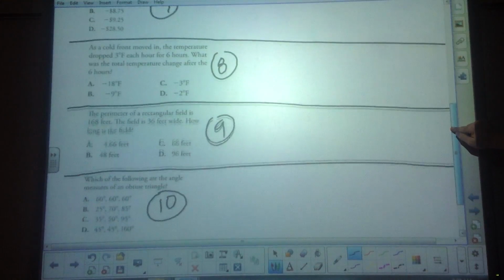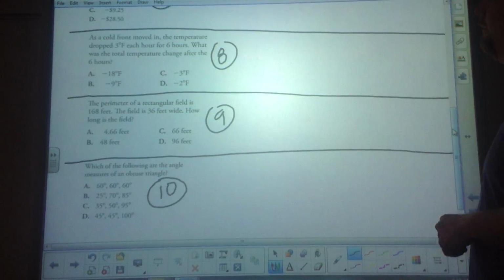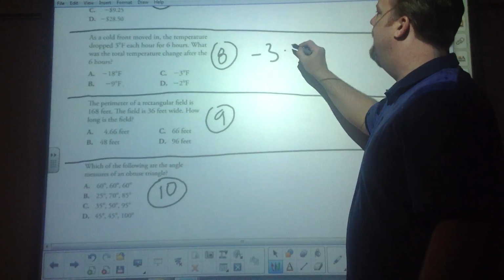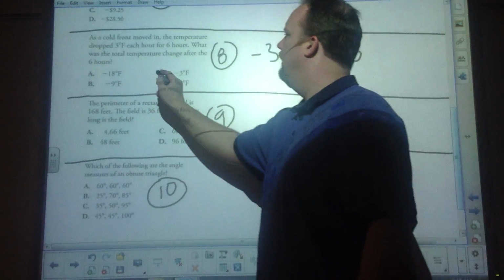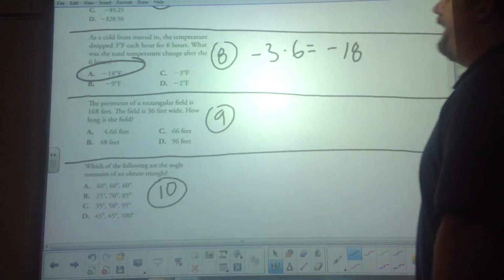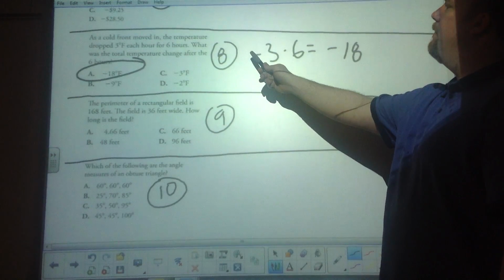As a cold front moved in, the temperature dropped 3 degrees each hour for 6 hours. Negative 3 times 6 equals negative 18. That was the total temperature change after 6 hours. Negative 3 times